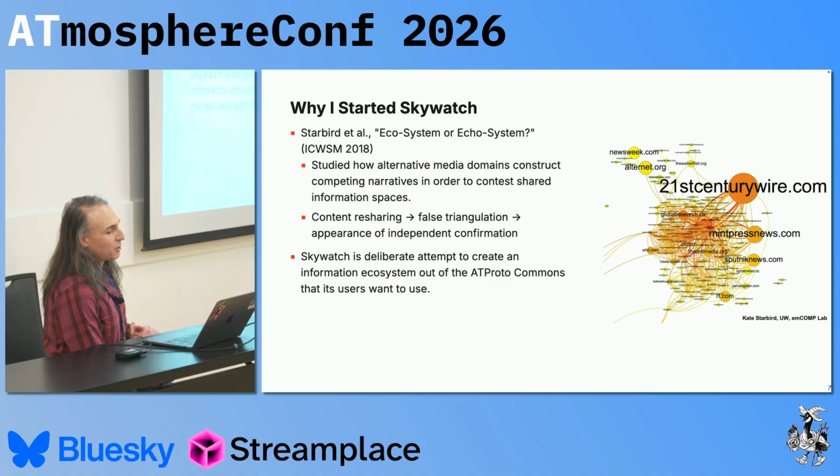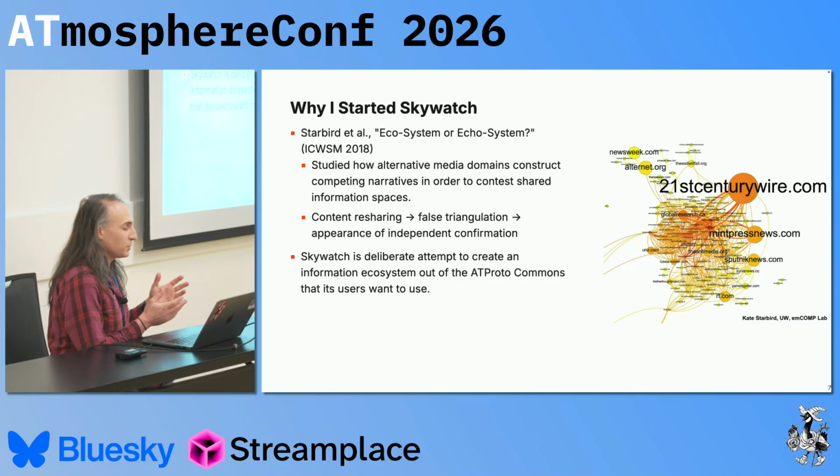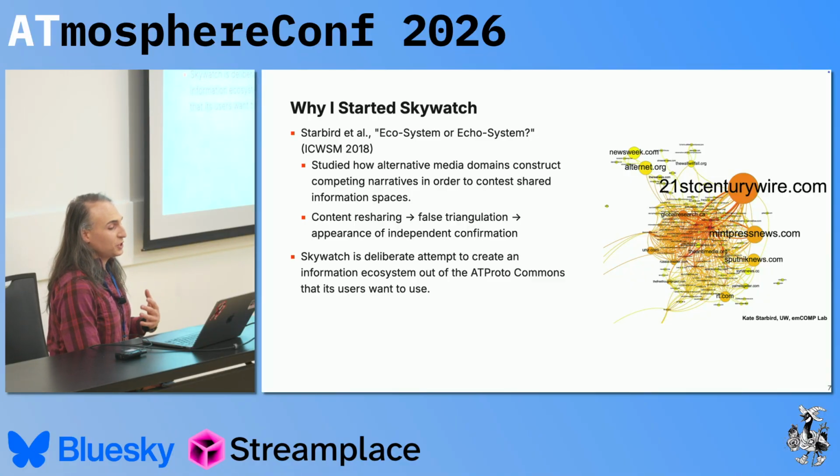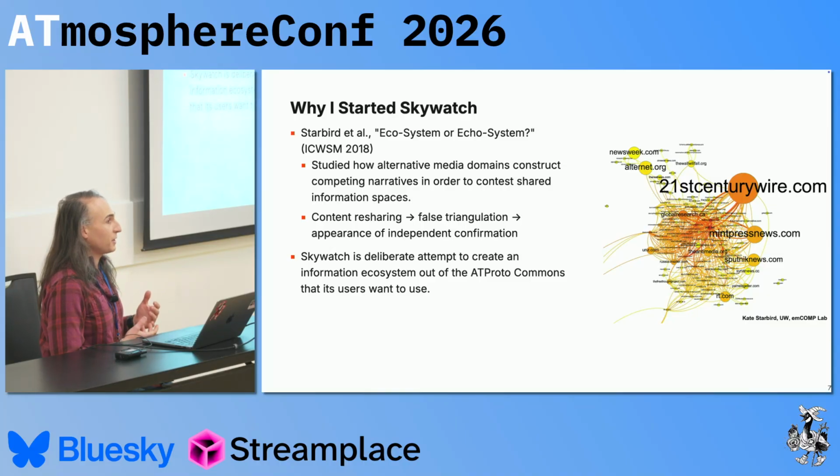In 2018, I co-authored a paper with Kate Starbird and her team at the University of Washington that looked at the media ecosystem around the Syrian civil defense, also known as the White Helmets, in Syria during that country's civil war. And we started with Twitter. Some of her team went on to analyze other platforms. And what we found was that there was an active attempt to reshape the information space through content sharing and remixing across multiple sites, domains, and political leanings to create the appearance of independent confirmation. The goal was to contest the civilian status of the White Helmets and legitimize their targeting under international law.